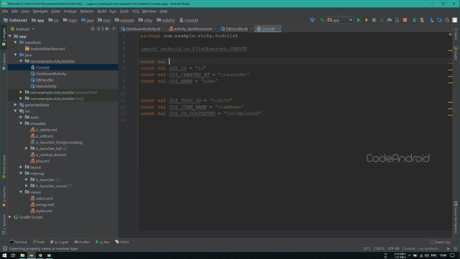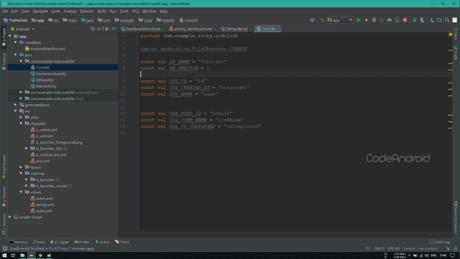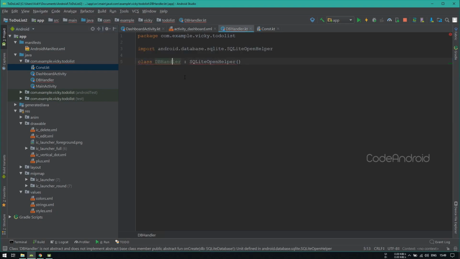Also, we need the database name and database version, so I'm storing those data as well into constants. Now we stored all the required values inside the constant file, so we can access those variables from anywhere in our project.